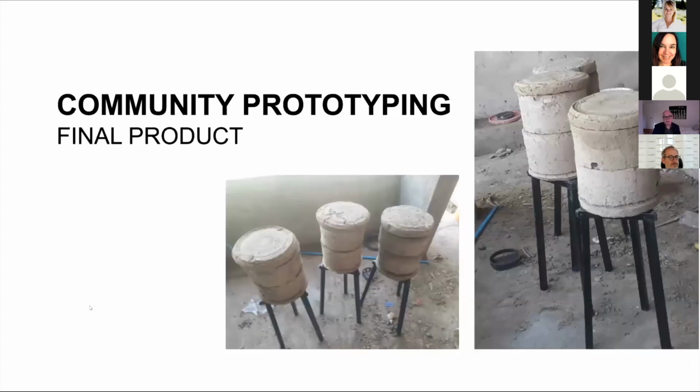And this is the final community prototype. This is what they produce. It's often not the process of building, it is the actions that support the design. Here we see women making, we got our slides mixed up, but you can see that here, these are prototypes that were made by the community. They are being tested at this time. And of course, there's adaptation of the design to allow it to be manufactured within the community.